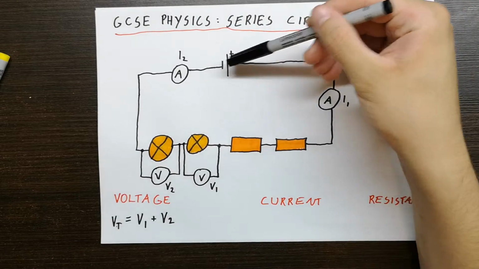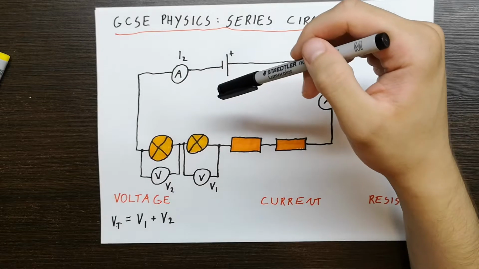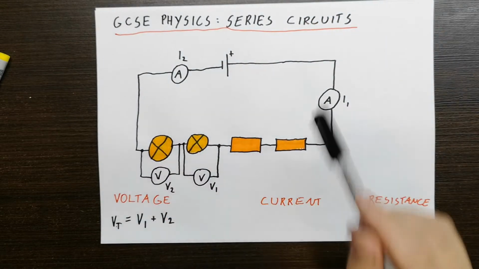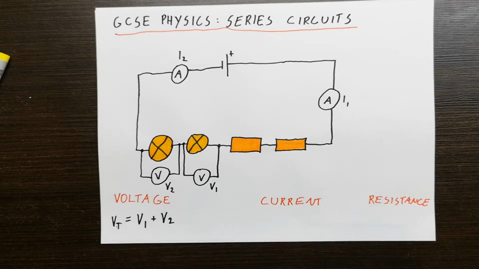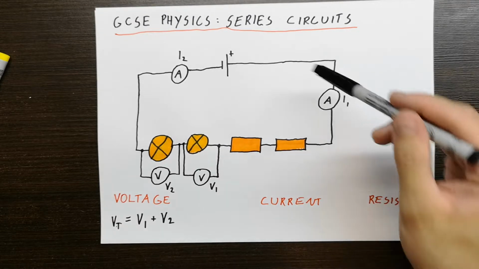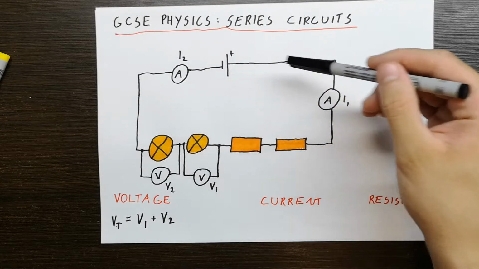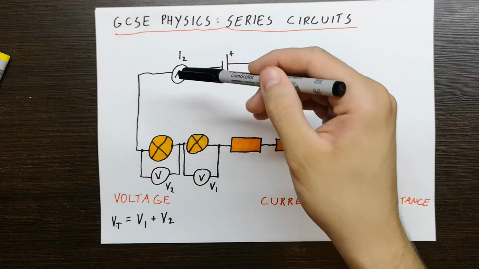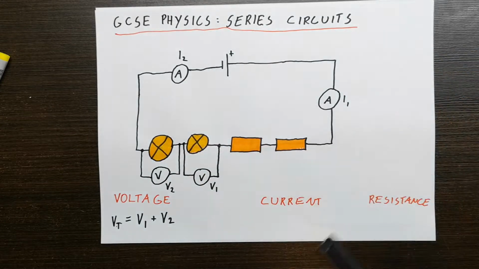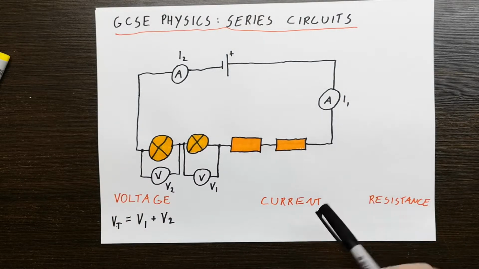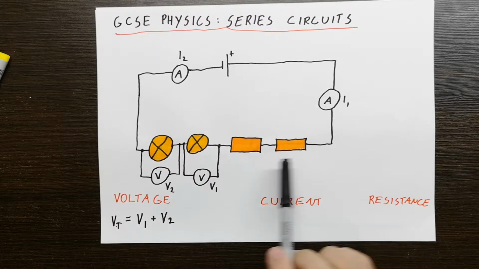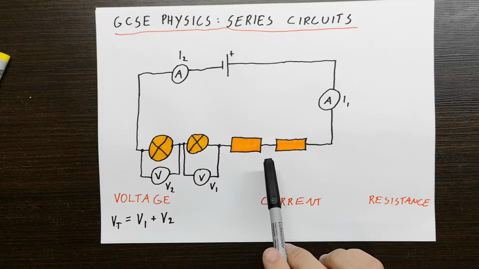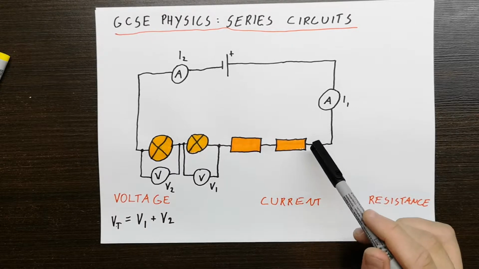So, because we have a series circuit, no matter where we are, the current will be the same. Throughout the circuit, the current will be the same. Because as the charge flows, essentially, you can think of it as a big traffic. So even if we have a slowdown of charge here because of the resistance, then we can think of it